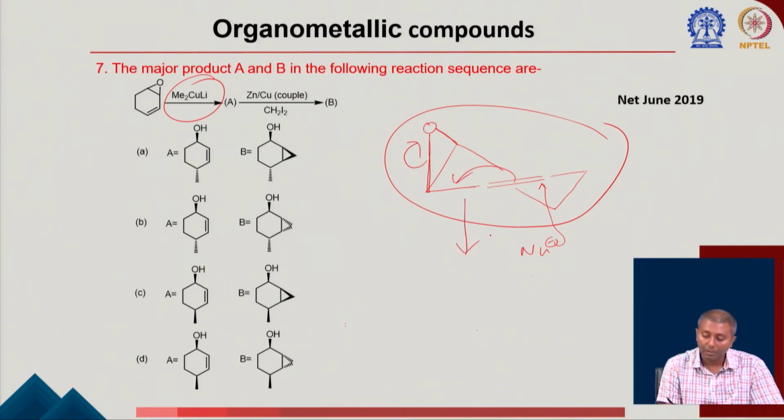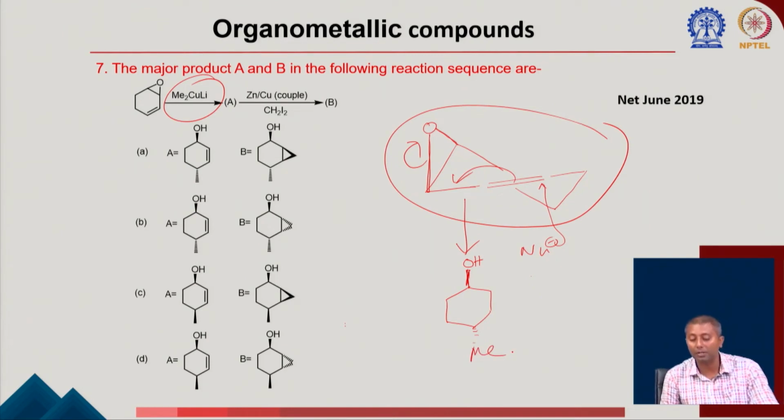Okay. If it opens the epoxide, you can draw that the epoxide is in the above face, nucleophile is approaching from the bottom face, correct. That means this can give you a product like this, where you have an OH up, after it forms an O minus and then forms an OH, correct, later, and you have a methyl here. So that is going to be your first product here. And then what is going to be your next product?